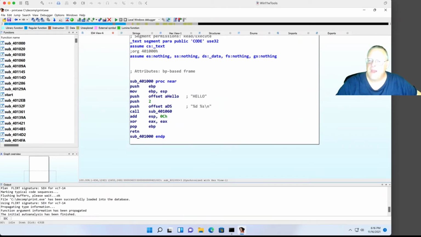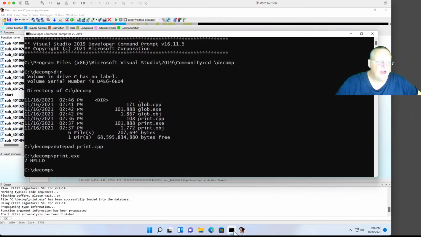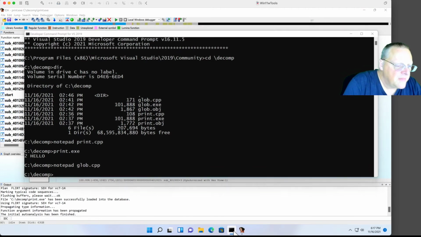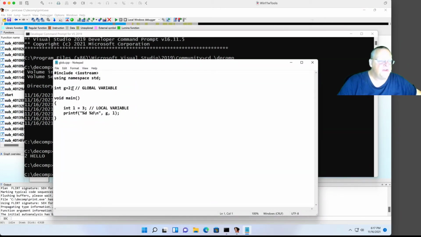All right, so there's that one. And the next one has global and local variables. So let me open that one up here. That was glob, so notepad, glob. All right, so it has a global variable